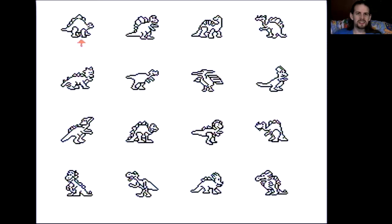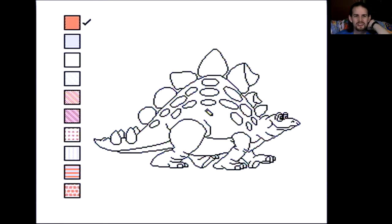Now, it's my understanding that in this game called Color a Dinosaur, you color a dinosaur. Sherlock Holmes would be proud. So I'm guessing here I'm just going to pick which design I want to color. Might as well go with this one. It's first. So, wait a minute. Okay, I'm pushing...